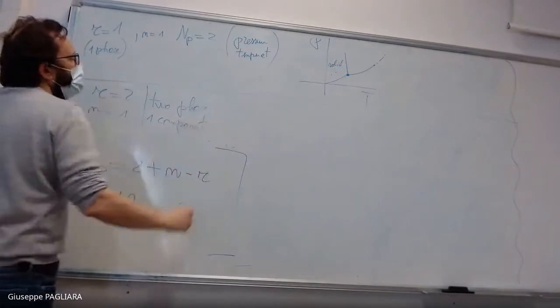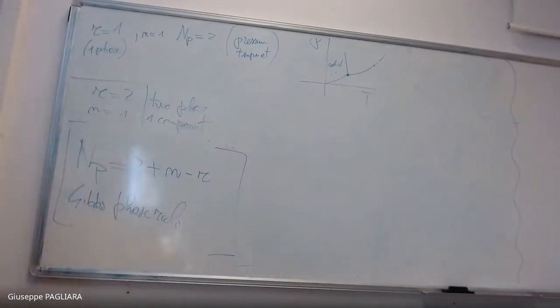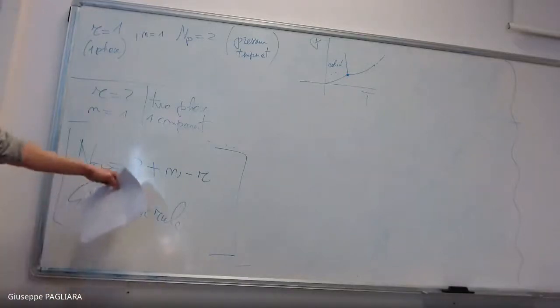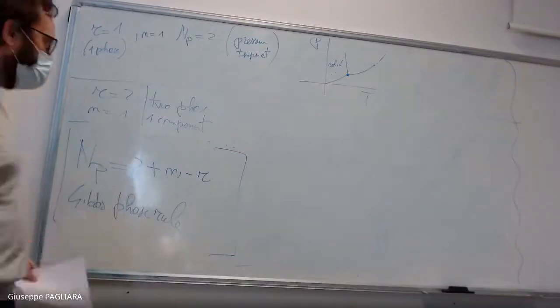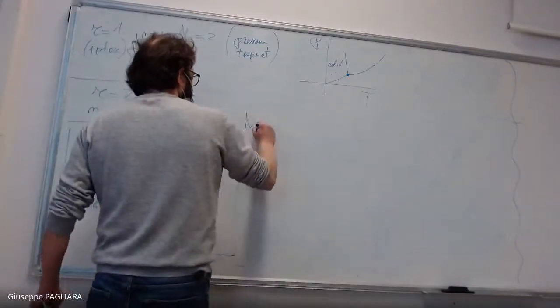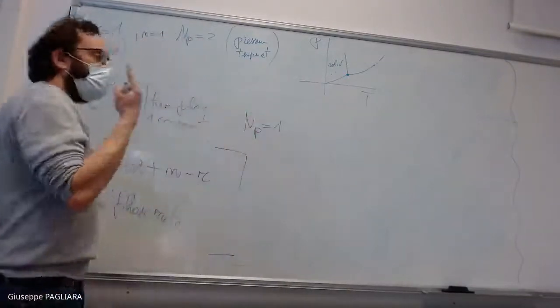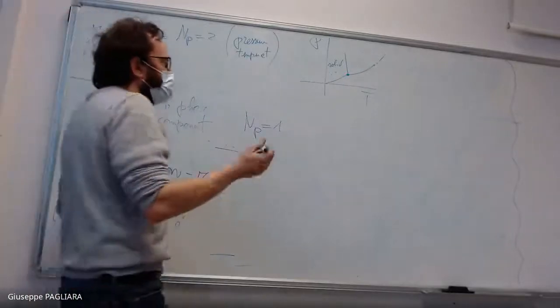One component, I mean chemical component, okay? And 2 different phases. Now I just need to put those numbers in here, and I get that this is n equal, this Np equal to 1. So just one independent variable, and this is correct,